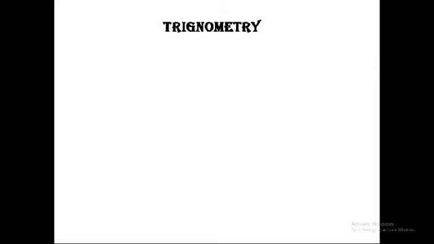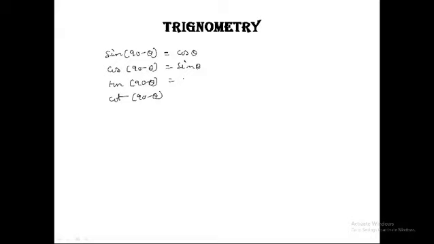Sometimes you will have the logic of sine of 90 minus theta, cos of 90 minus theta, tan of 90 minus theta, cot of 90 minus theta. Whenever 90 minus theta is there, it will always be in the first quadrant. In the first quadrant, all will be positive only, ma. So sine of 90 minus theta compulsorily changes sine to cos, cos changes to sine, tan changes to cot, cot changes to tan,